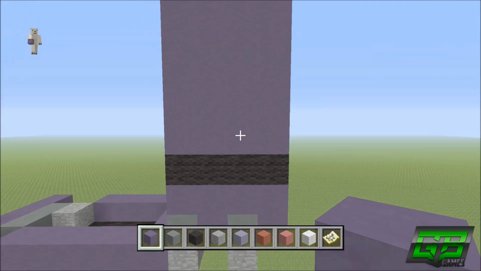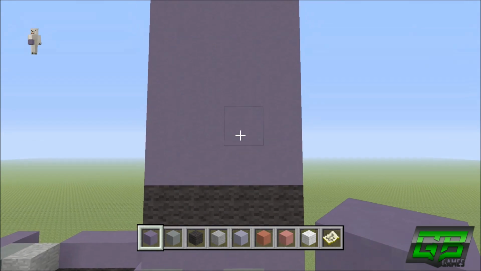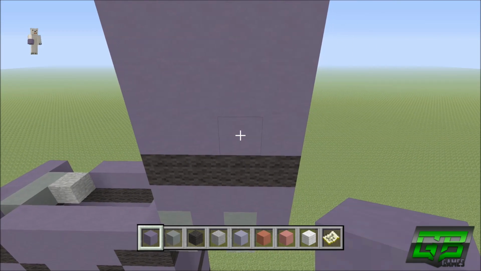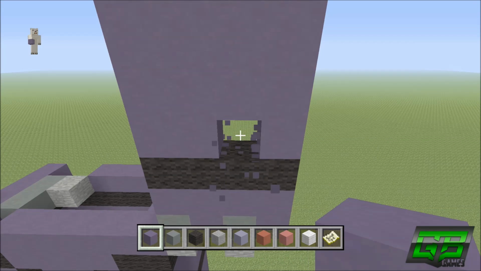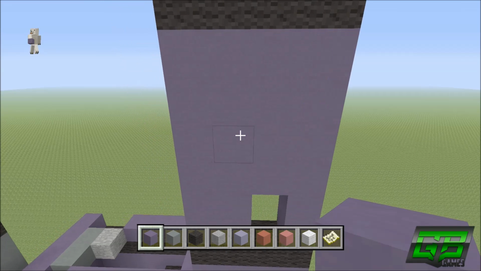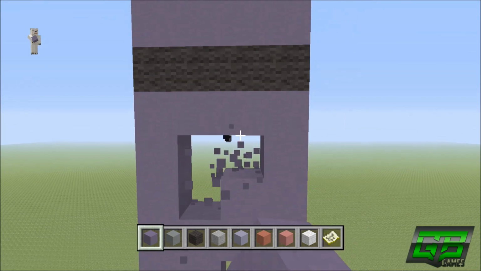We come to the second section, this part here, of the blue stained clay. We come to the first row, third block. If you're going from the right, it is the second block. Punch it out, go up 1. We're then going to go up 2, to the left 1, punch that one out, and then punch a 2x2